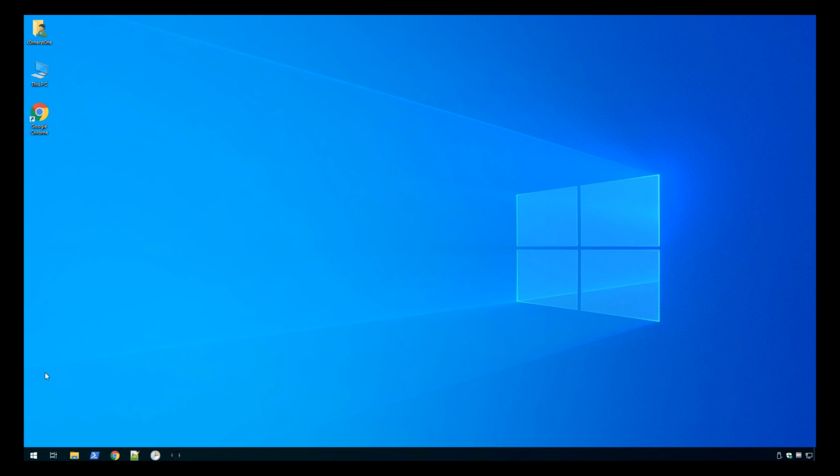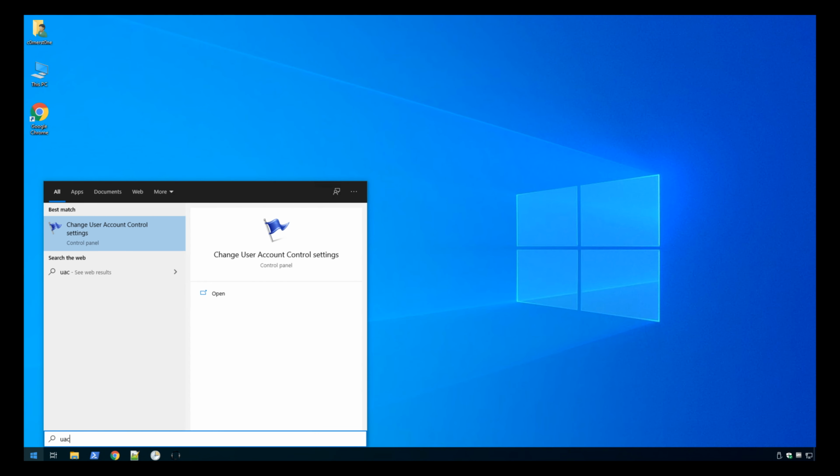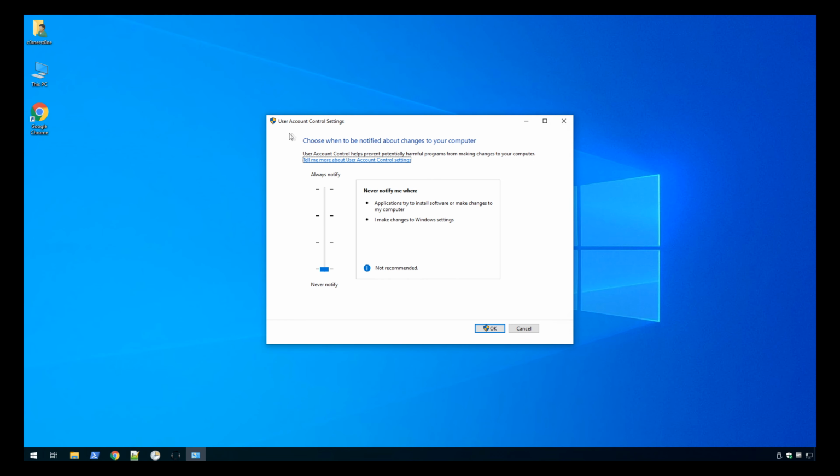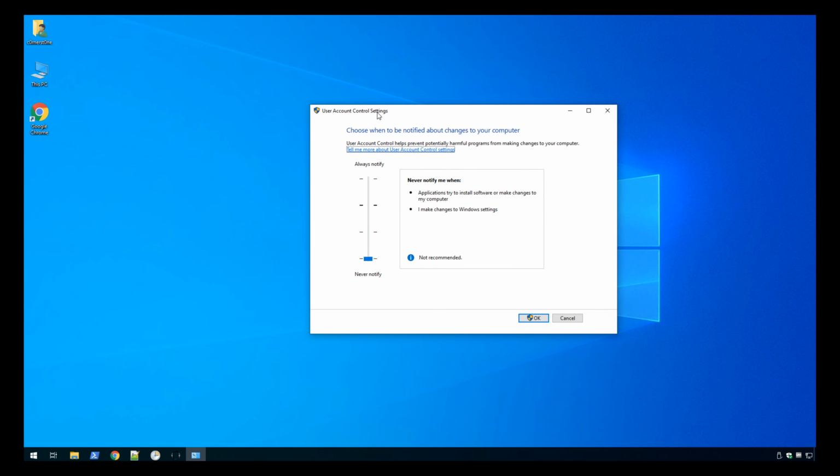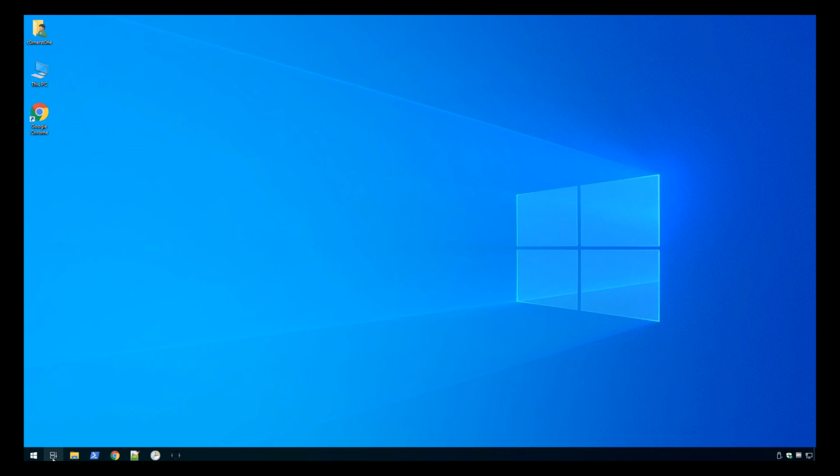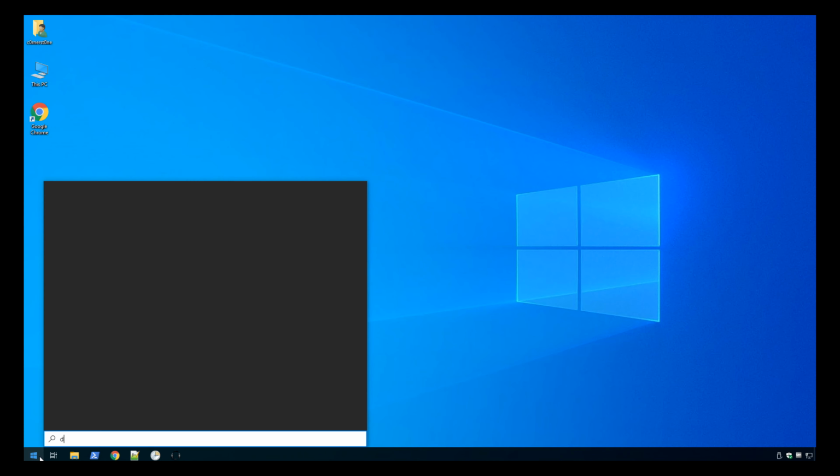Okay, so this first little bit is disabling UAC. If you just type in UAC, you get the User Account Control settings. Just make sure that's set to never and hit OK. And the next one we're going to do is